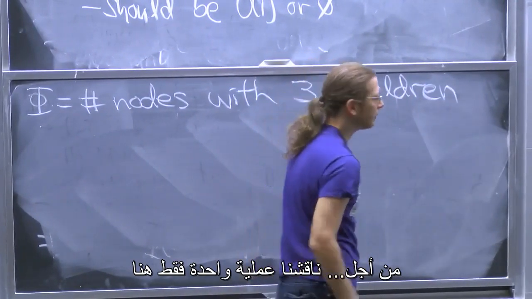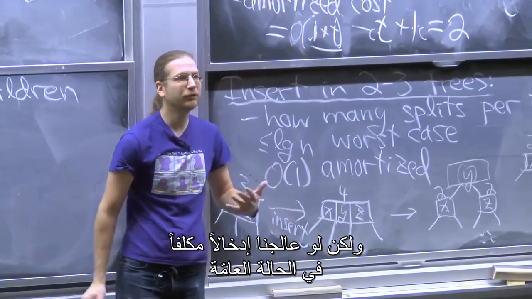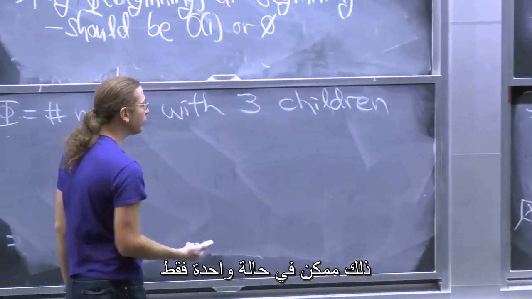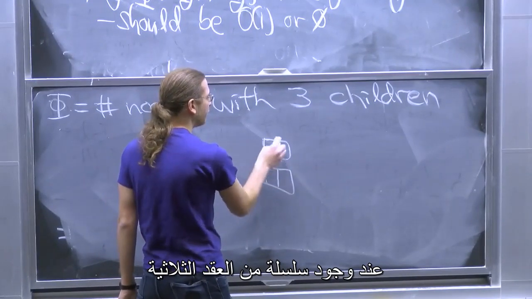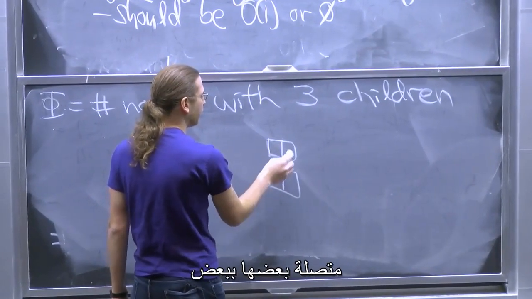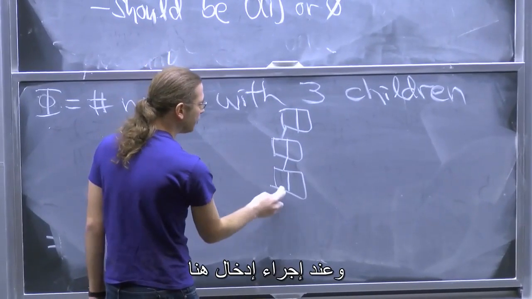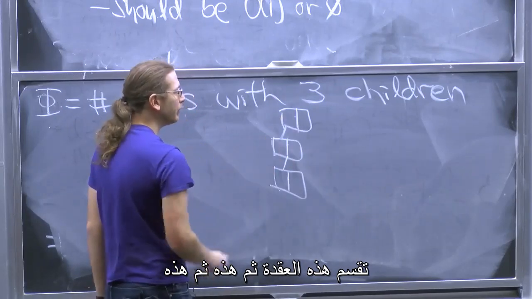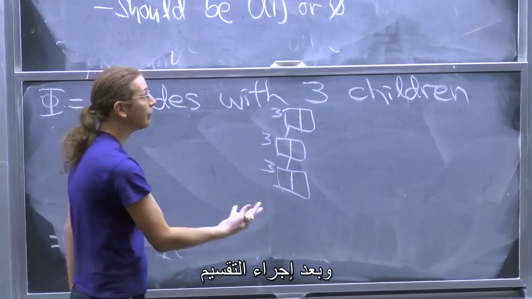If you look, I looked at just a single operation here, but if you look more generally about an expensive insert in that it does many splits, the only way that can happen is if you had a chain of 3 nodes all connected to each other. And you do an insert down here. This one splits, then this one splits, then this one splits. So there were all these 3 nodes just hanging around. And after you do the split,